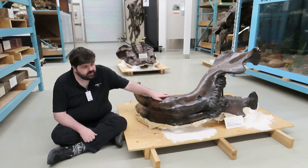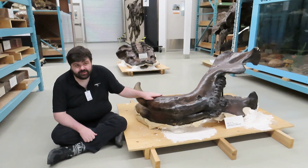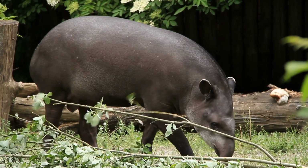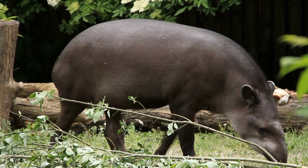Scientists believe that they would have used these tusks to help them in browsing. Dinotheres had long, tall, stiff legs, and they could have grown up to 2 stories tall, towering over most animals alive at the time, being some of the first truly gigantic elephants to evolve. These animals are thought to have browsed on branches, trees, fruits, and other similar foods because their teeth show wear patterns that are similar to tapirs,